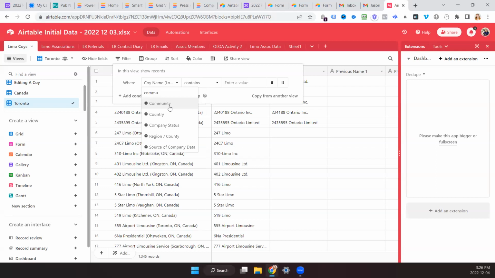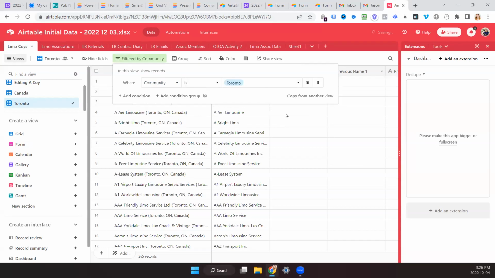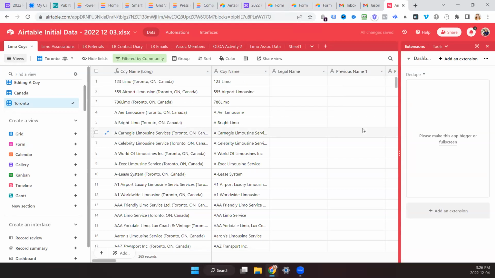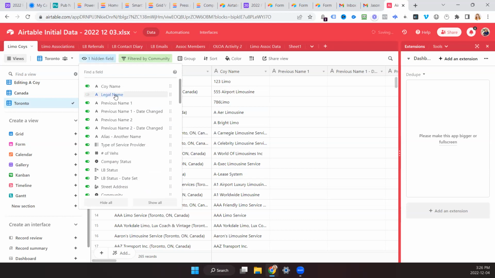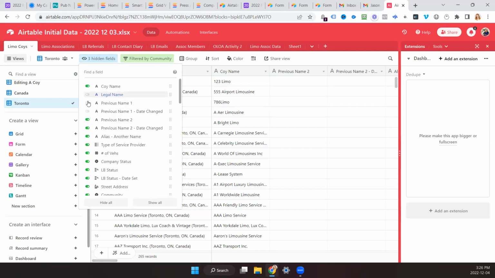Community is Toronto. So this view is just saved like this. If I hide a couple fields and exit, and later I come back, those fields are still going to be hidden. Right. So it's just always auto saved the way that you leave it.